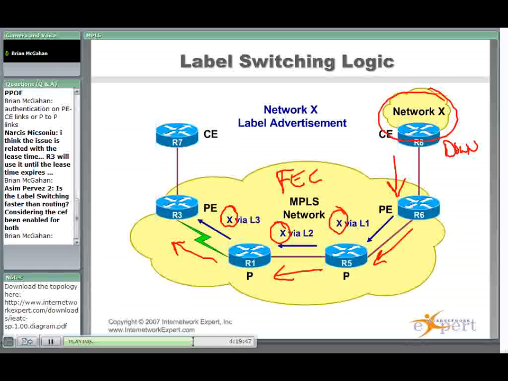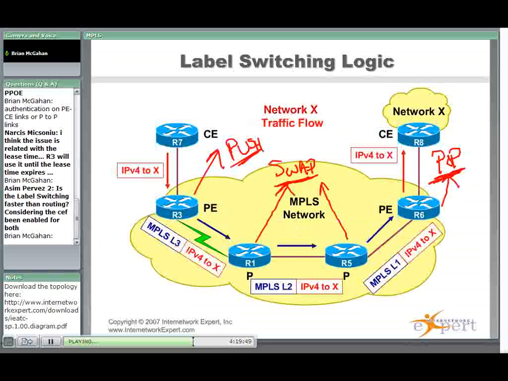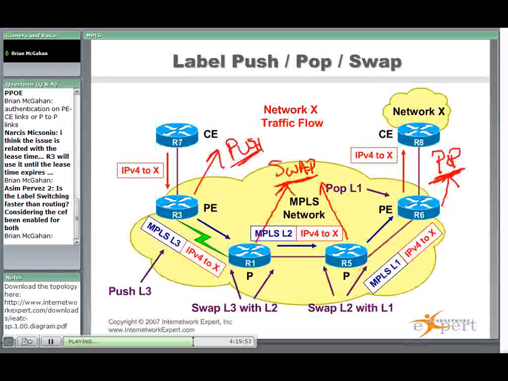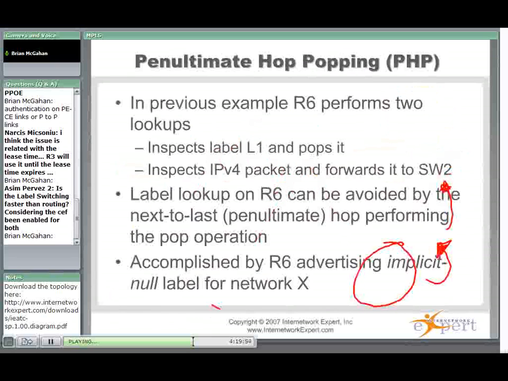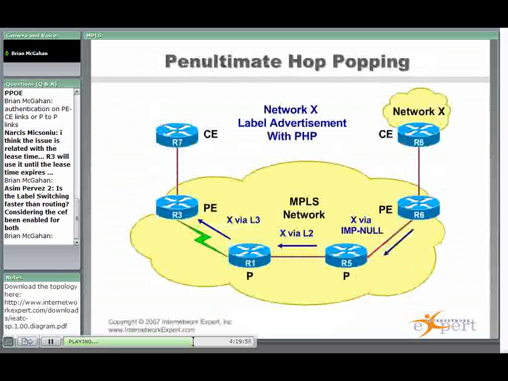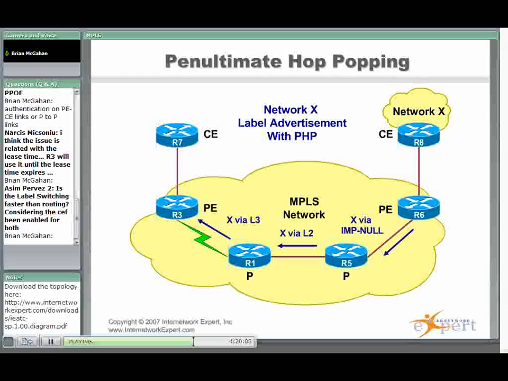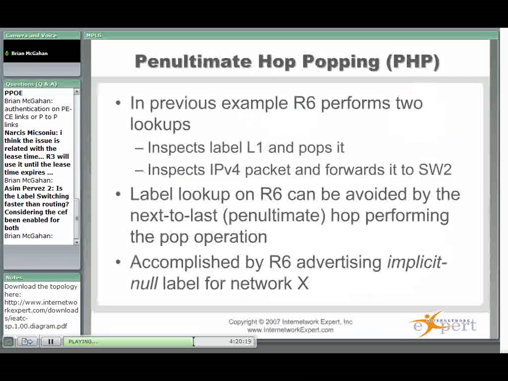Okay, router 6 said to router 5, in order to get to destination X, I want you to use label L1. Then router 5 is propagating that further upstream. It's saying to get to destination X, you're going to use label L2. Now router 6 knows that it is the provider edge router for that destination. It is the one performing imposition, so anything coming from network X going into the service provider network. And it is performing disposition, so anything coming from the MPLS network towards the customer is going to be sent